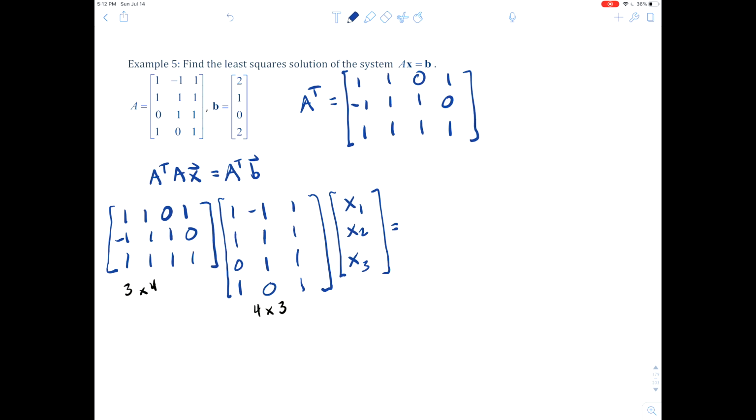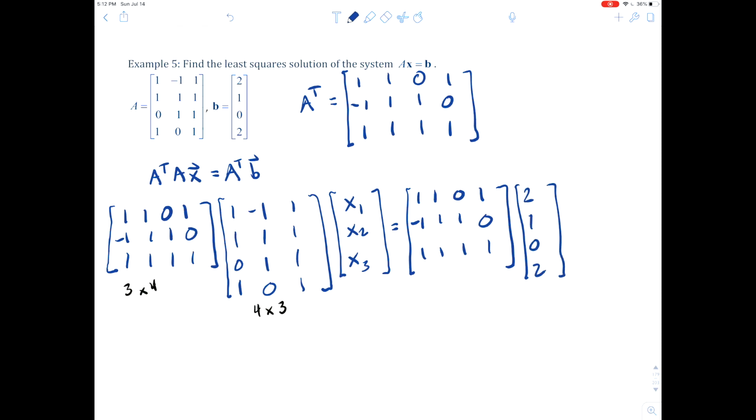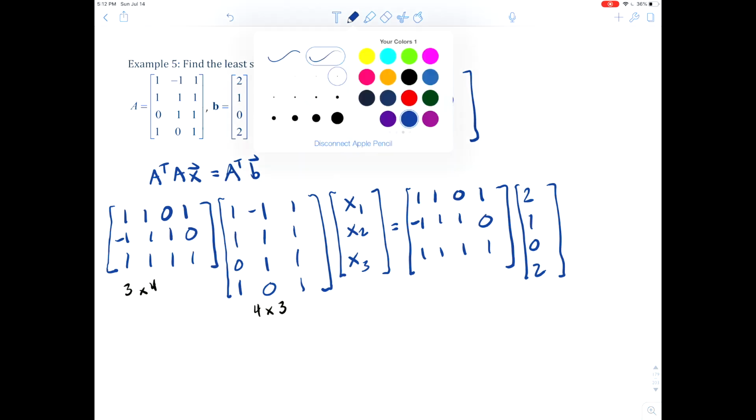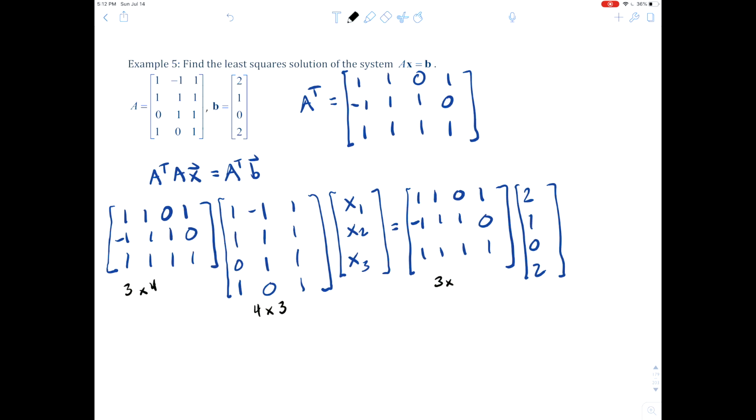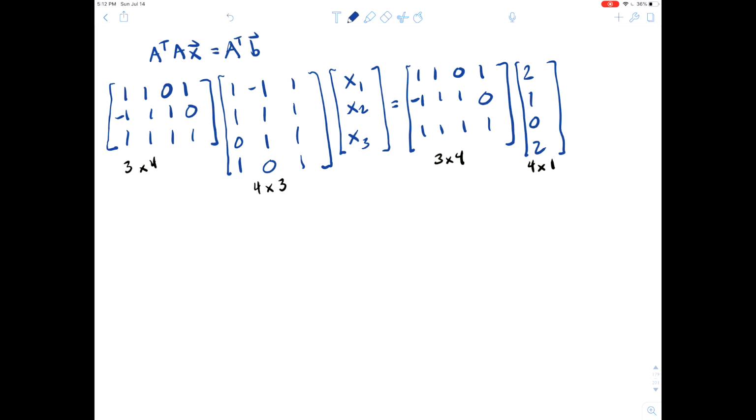A transpose times B. So 1, 1, 0, 1 going across, negative 1, 1, 1, 0, and then 1, 1, 1, 1, and B is 2, 1, 0, 2. Cool so far? And you can look at the dimensions. This here is a 3 by 4, and this is a 4 by 1, so we're going to get out a 3 by 1, which is appropriate. All right, so I'll let you do the multiplication on those. It turns out that you get